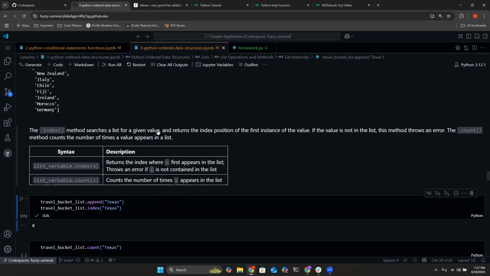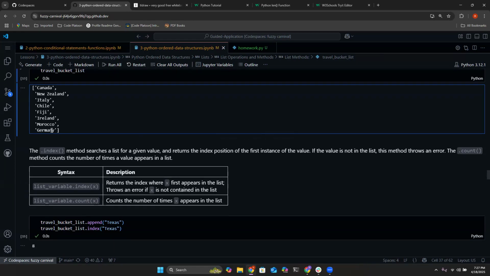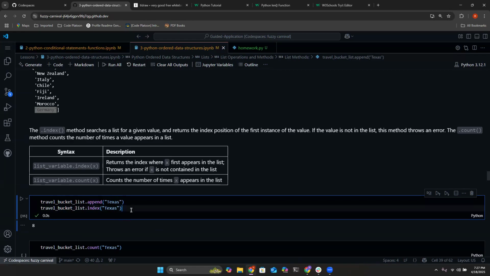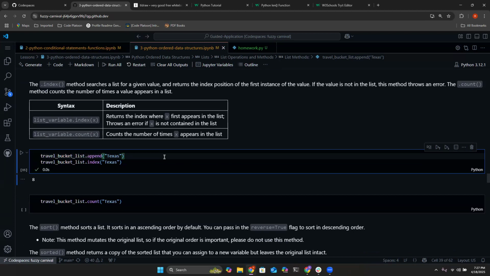So where did the Texas get added? At the end of the list, right? So currently right now, before I added, there are 1, 2, 3, 4, 5, 6, 7, 8 items. The index of the 8th item is index 7. So when I appended Texas, it added Texas at index 8. And then we also saw that in real time when using the index method on Texas, it did return to me the 8, right? It was able to successfully find where Texas was located in my list